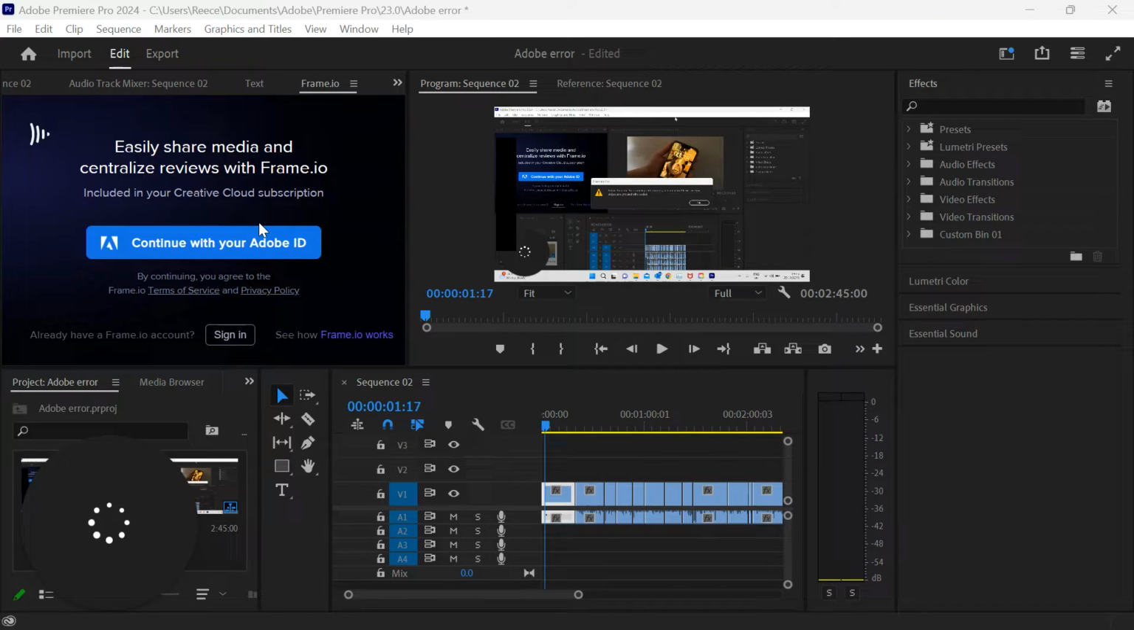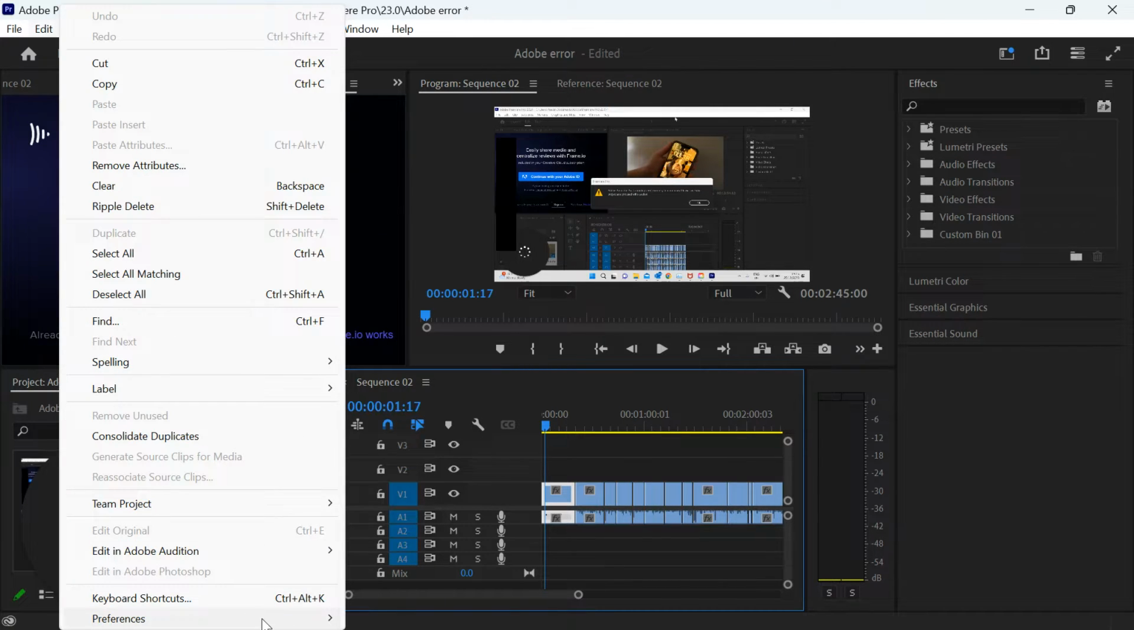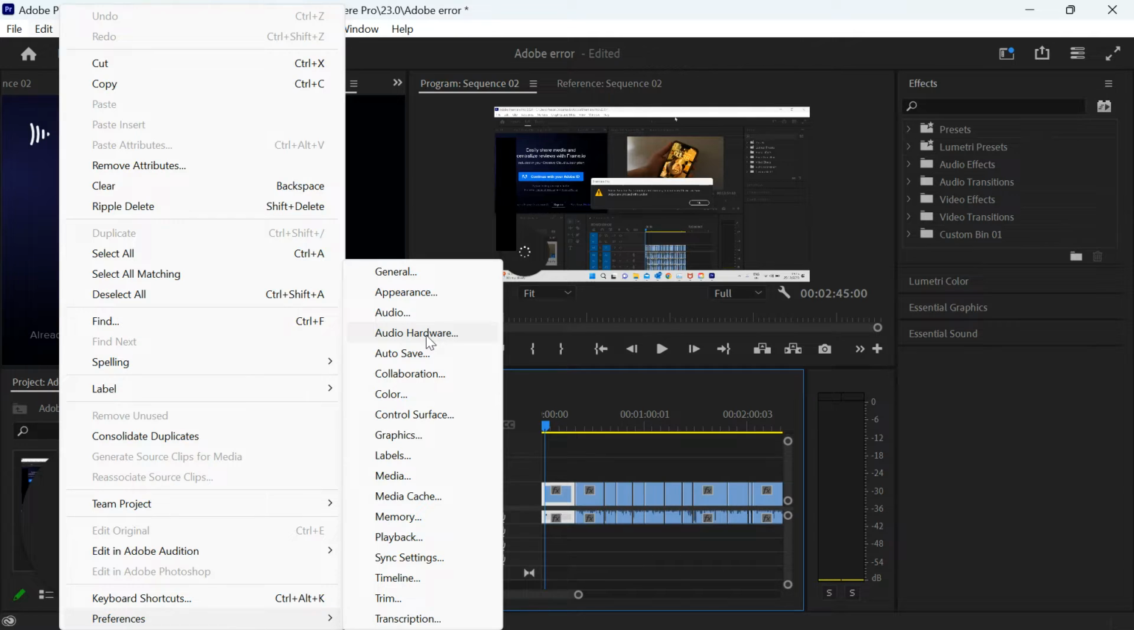Now, if that's all correct, the next thing you want to check is your audio hardware settings. Sometimes if you're switching between using headphones and using speakers, it can cause the settings to be misconfigured. So let's go and check that now. If you're using the same version of Adobe Premiere as me, 2024, you want to come up to the Edit tab at the top here, and then you want to come down to Preferences, and then select the Audio Hardware